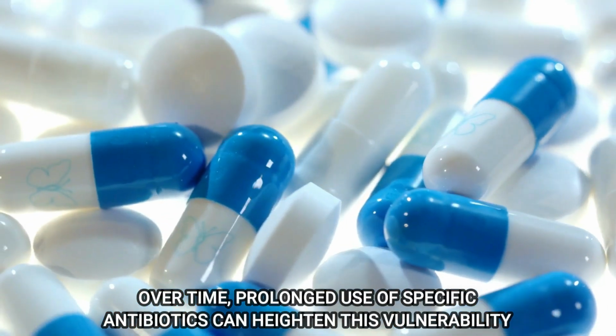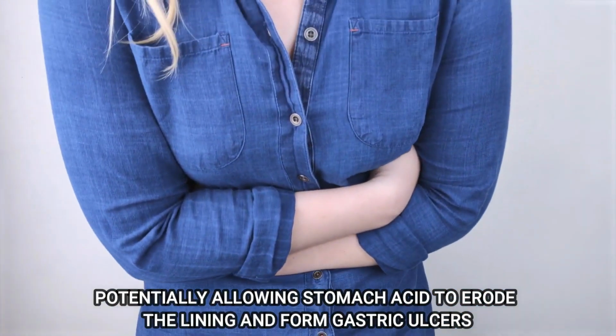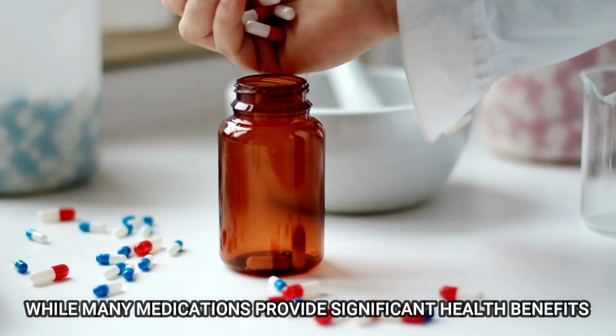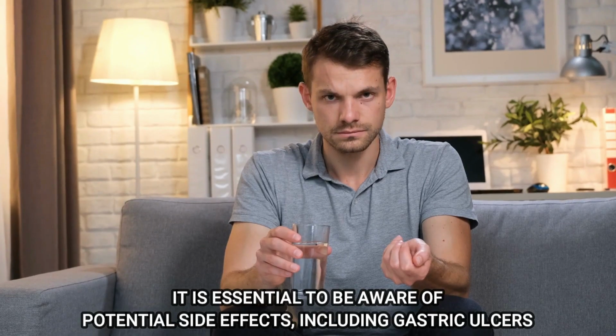Over time, prolonged use of specific antibiotics can heighten this vulnerability, potentially allowing stomach acid to erode the lining and form gastric ulcers. While many medications provide significant health benefits, it is essential to be aware of the potential side